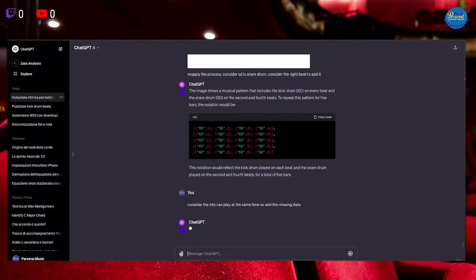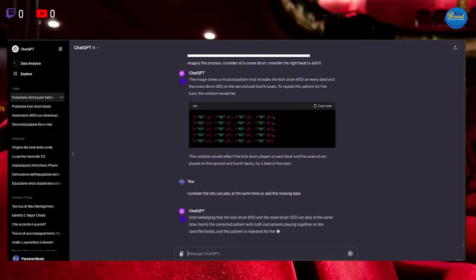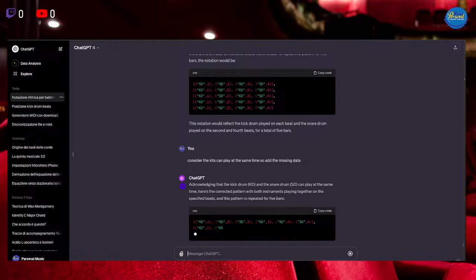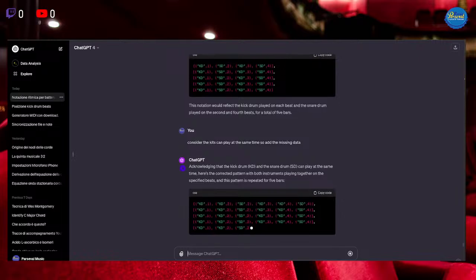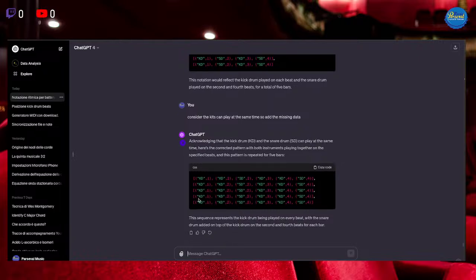They are not mutual, so they don't exclude each other. So we expect to have two pairs of data at bit 2 and 4. Here, notice, we have in total 6 couples.